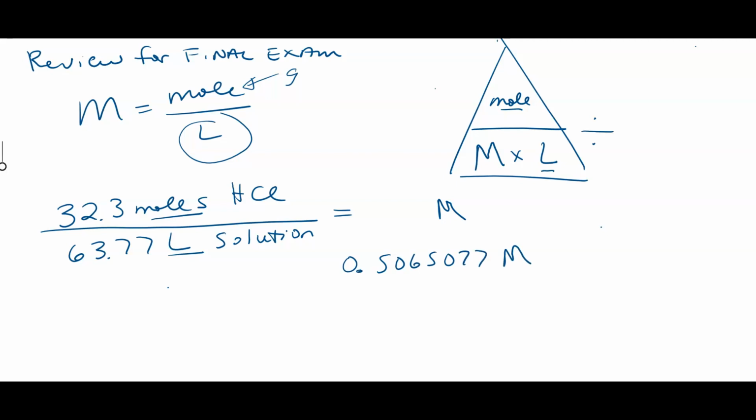But I can't use that as my answer because this was 3 sig figs here and this is 4 sig figs there, so I can only have 3 sig figs in my answer. 0 doesn't count as a sig fig. Here's a counting number starting on the left: 1, 2, 3. Look at the fourth number. We have to round up. So our answer is going to be 0.507